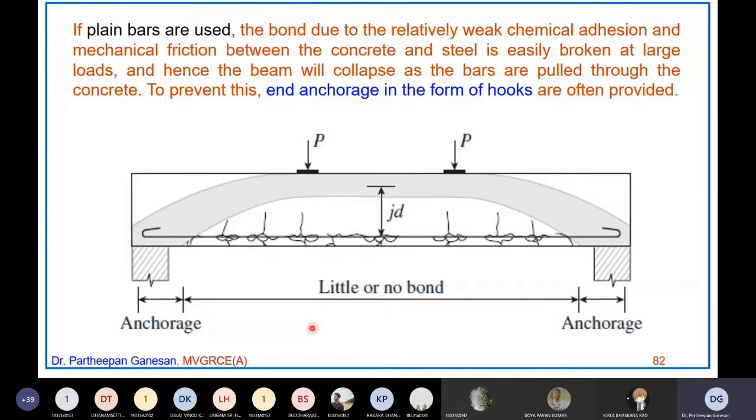This is called anchorage length, that we will study in the future. But you should know this: the plain bar should be bent like this. Then only, when you apply the force externally, even though there is a tensile force, this hook will not allow the rod to slip. To avoid slip, there should be a hook on both sides also. This is also from the Subramaniam book only. Most of the figures are from the Subramaniam book.